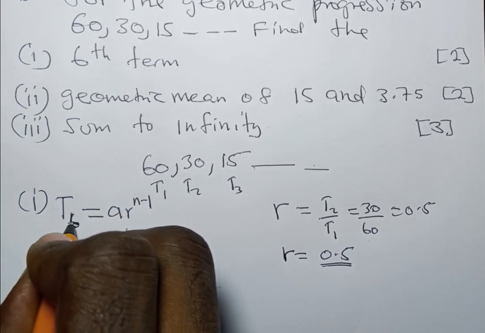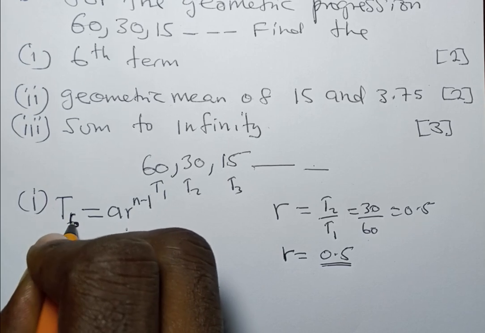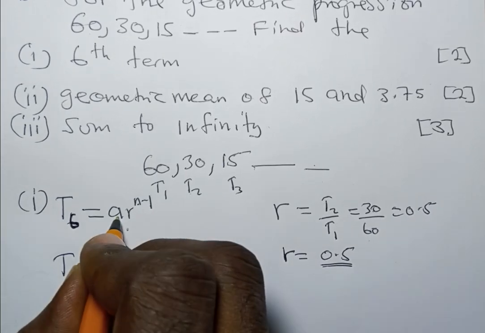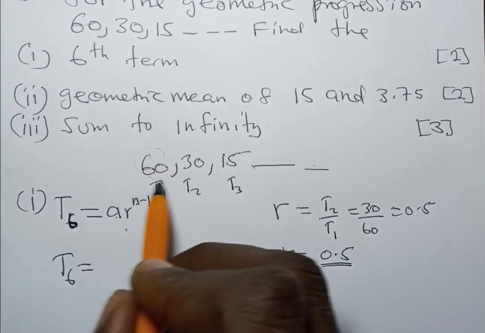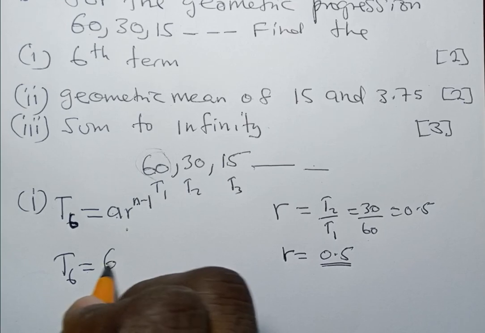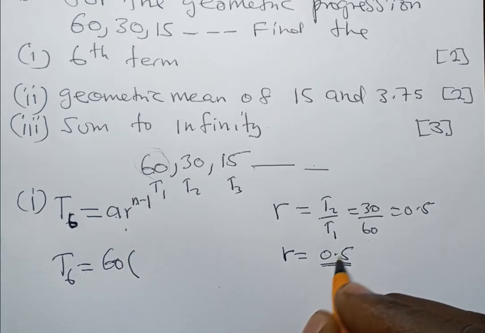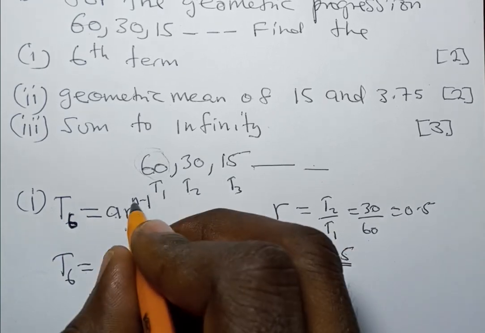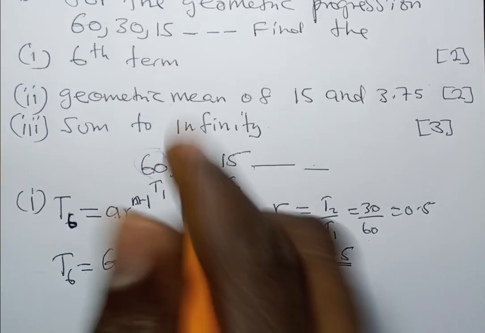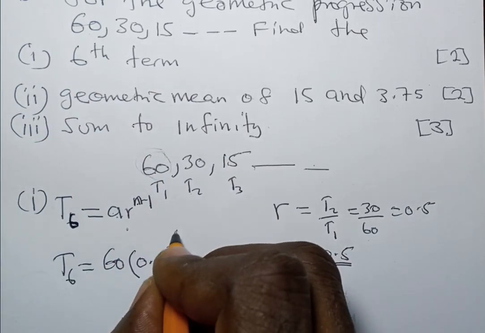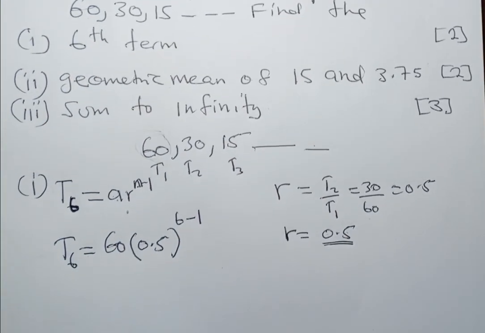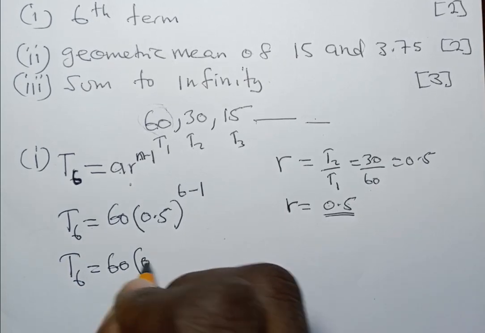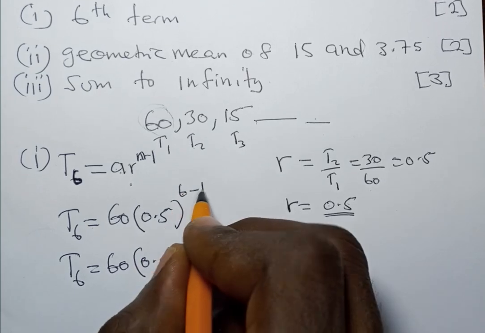At this moment, N is 6, so on N you replace a 6. I'm going to say T6 equals A, the first term. The first term here, as you can see, is 60. So A is 60. R is the common ratio 0.5. You need to master this formula. N is the number of terms, and in this question it is 6. So where this N is, you put 6 minus 1. Then you have T6 equal to 60, open bracket, 0.5, close bracket, to the power of 6 minus 1,